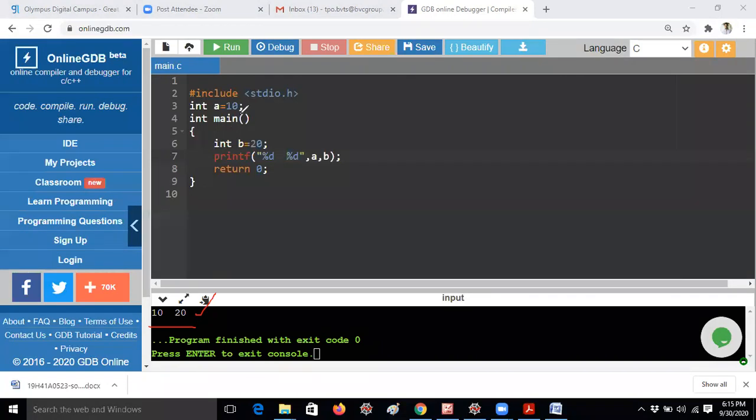So whatever variables you declare before main are called global variables. That means a is a global variable here. These are very important from an interview point of view: what is the difference between a local variable and a global variable? I will tell you the difference right now. Whatever variable is inside main is called a local variable. By default it has the keyword auto, but a global variable by default has the keyword extern.